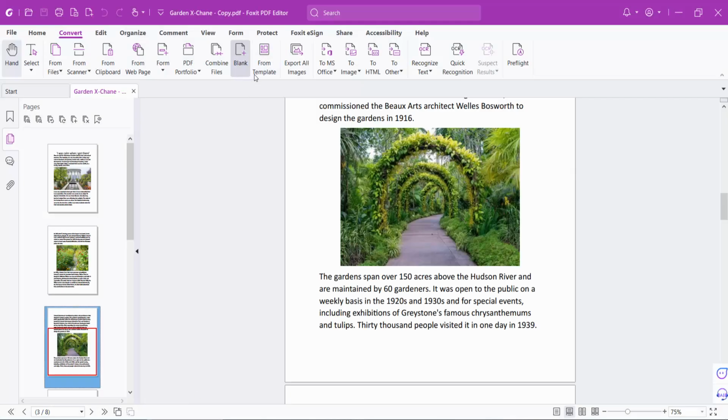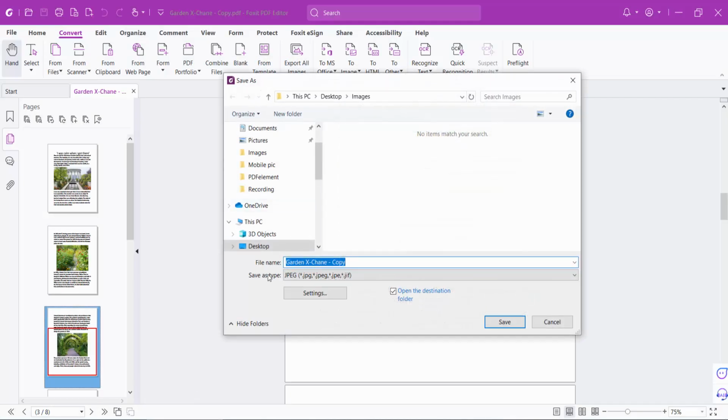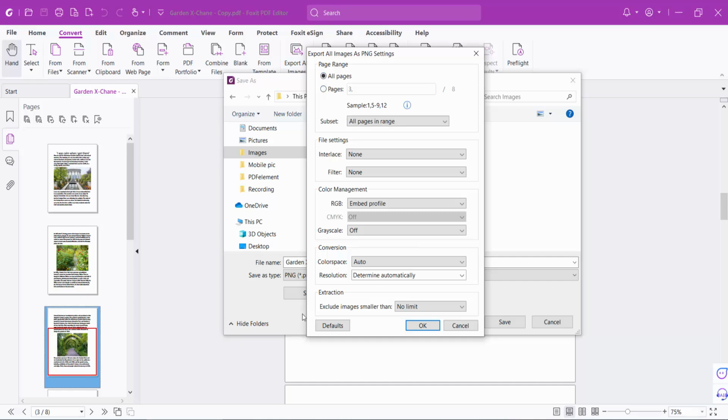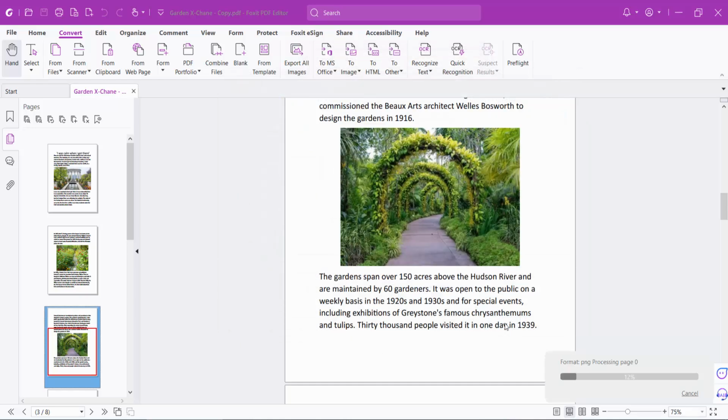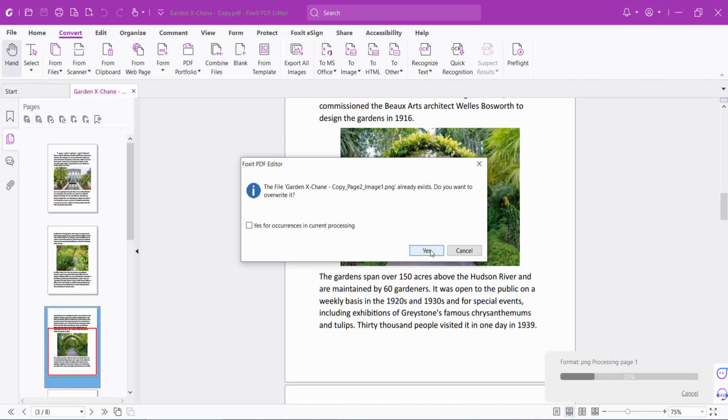Again click on this export option and select folder, PNG and setting all of this and select save. Yes,